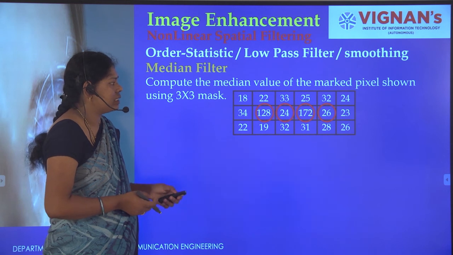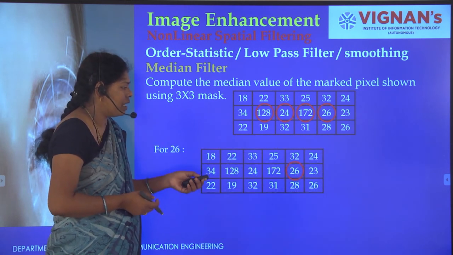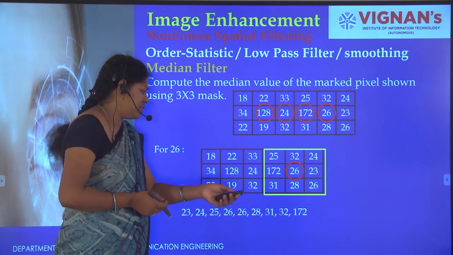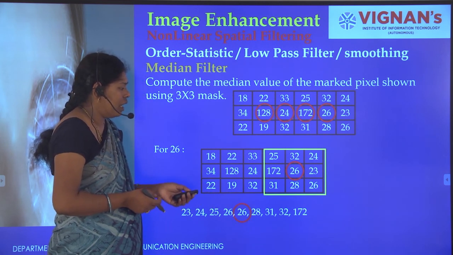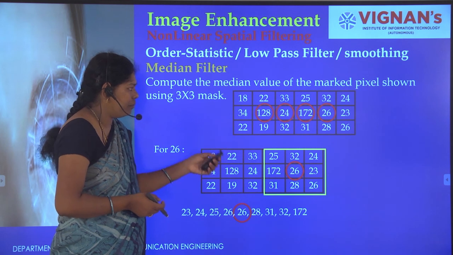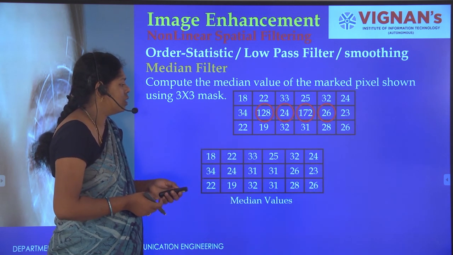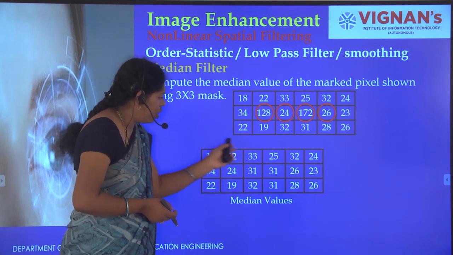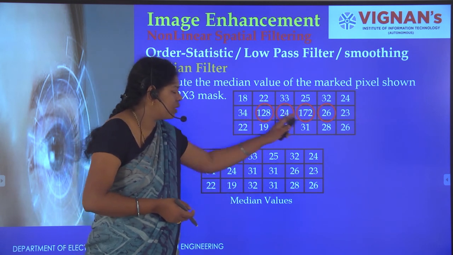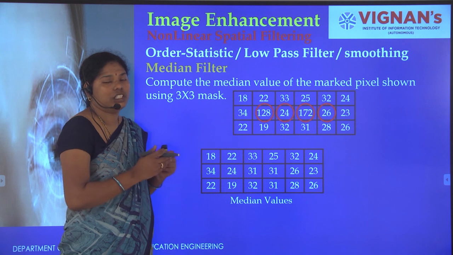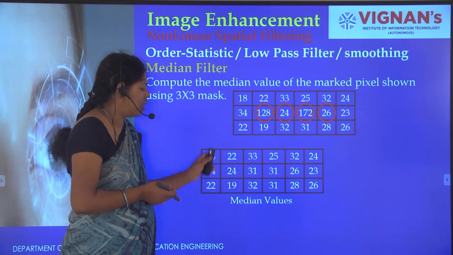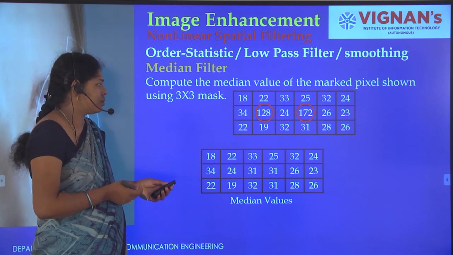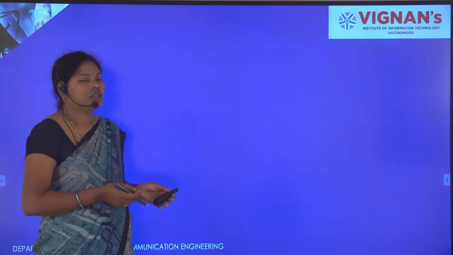Next, for 26, same procedure. Consider a mask within the range of 3x3. Next, arrange the pixels in ascending order and identify the center one, and that is 26. Here we get the same value. Okay. Next, this is the original image and this is the median output. Observe this median output. All are within the range only. The sharp levels will be removed. That is, the changes and variations will be removed and the pixels are within the same range only. Okay. Thank you.